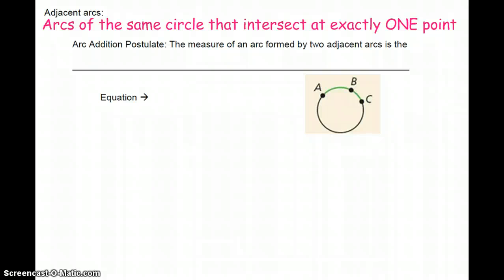Our next vocabulary is adjacent arcs, and adjacent means to be right next to. So adjacent arcs are arcs that are in the same circle that intersect at exactly 1 point. So for example, I've got some circle here, and I have 2 arcs. I have arc AB, and I have arc BC, and they share that point B. So if I want to find the measure of an arc that's formed by these 2 adjacent arcs, all I need to do is take the sum of the measures